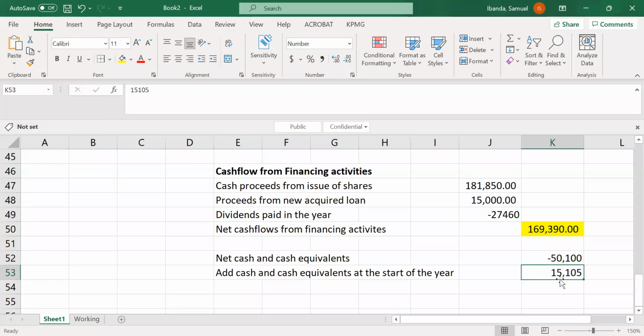So you bring this right here. You put it there. It is an addition. In case it was an overdraft, you'd reduce it, okay? But this time it's a positive. Now, after you have done that,